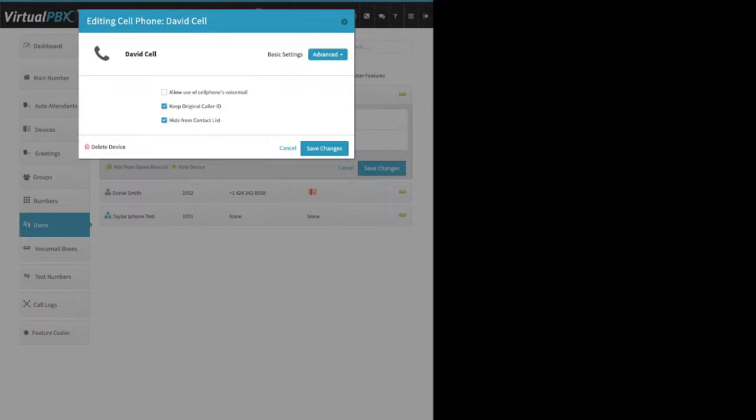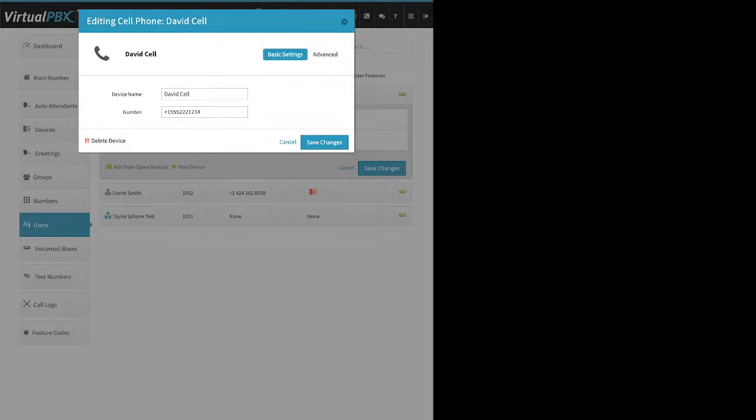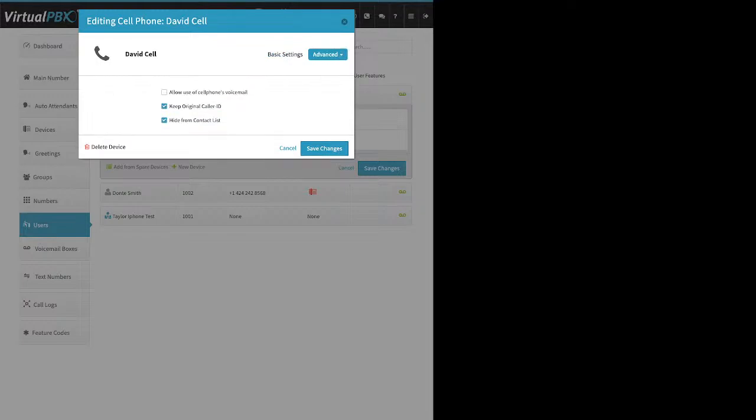Now, this is fine if it's an actual person answering the call. If, however, let's say you've contracted with an automated answering service to handle your after-hours calls. They give you a phone number and say, hey, just send calls to this phone number and we'll take care of it. In that case, you'd come to your Dash account and add that device as either a cell phone or a landline. You would name it, say, after hours pickup or whatever, and put in +1, area code and the phone number they gave you. But you'd want to come here